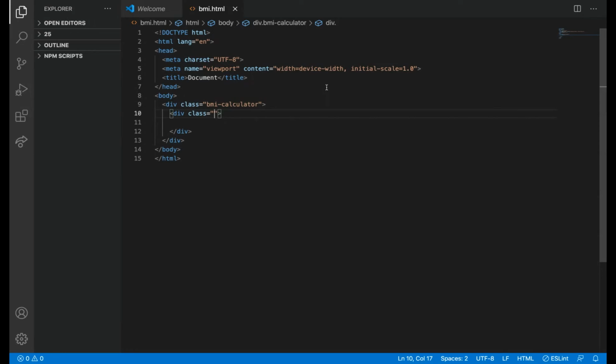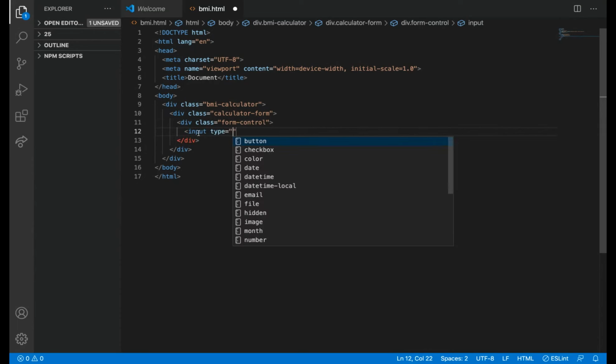BMI calculator, and then I'm going to add a form here, the calculator form. What are the things I want? I need two inputs. Class form control, and then one input tag, type equal to number.